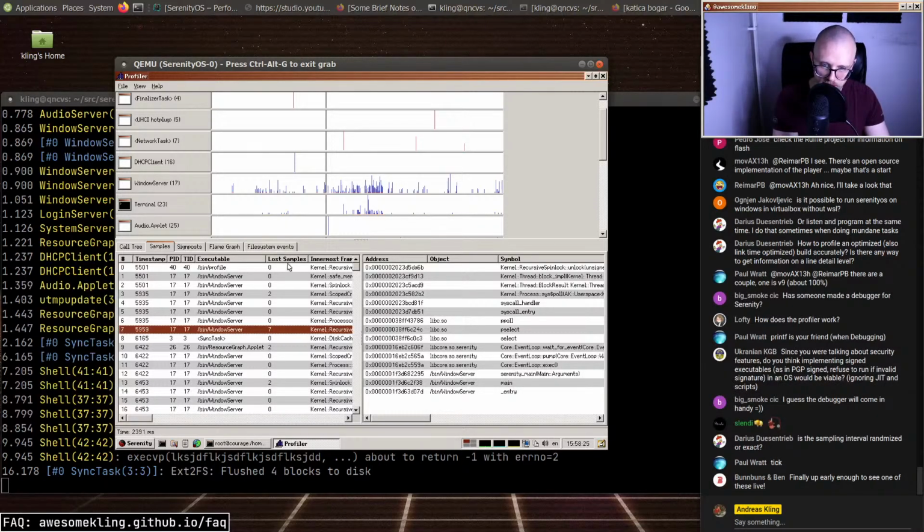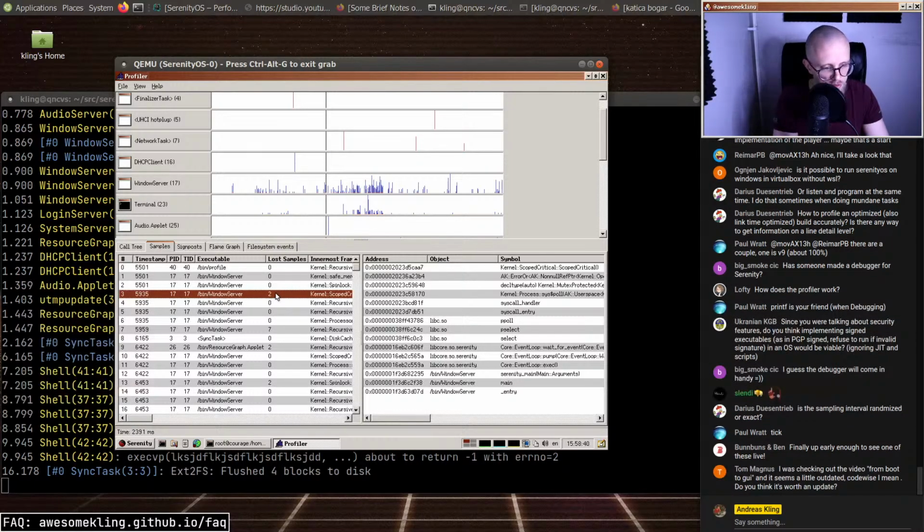So we have the lost samples column here, which tells you, for example, on this one right here, we had 2 lost samples, which means that we were running with interrupts disabled for the equivalent of 2 samples. And that can be good when you're trying to understand why something is slow and I don't have a lot of samples. But if you go and look, you see that, oh, actually there were 7 samples here. We just had interrupts disabled. So something to be aware